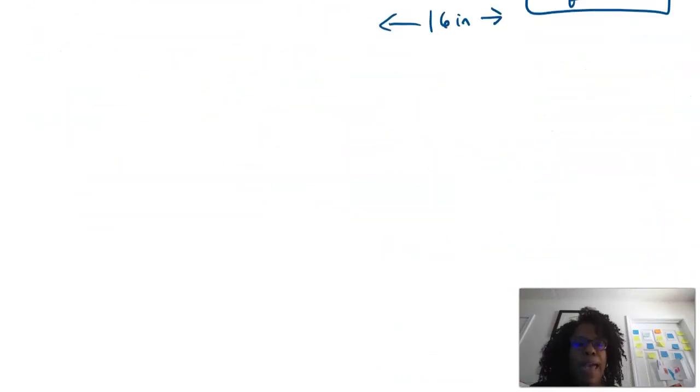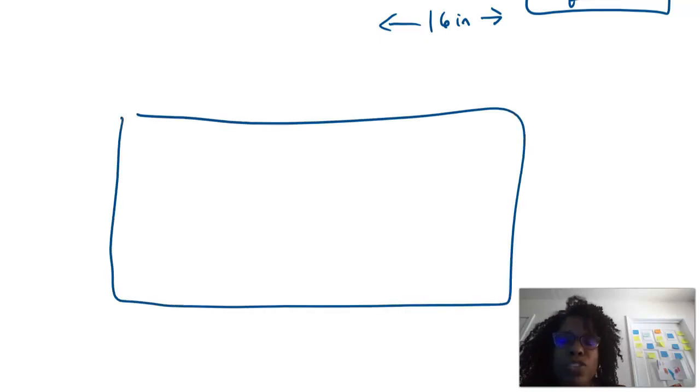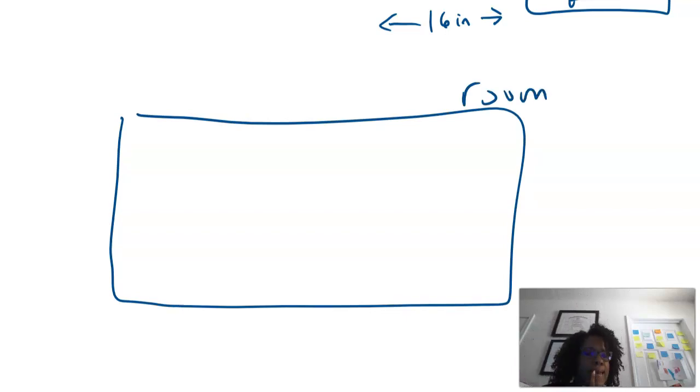Now let's talk about what would happen if the question were phrased differently. Let's say the question said we had a room. This is our room. This is a new question, hypothetically. This is our room, okay? In the room, let's say we had